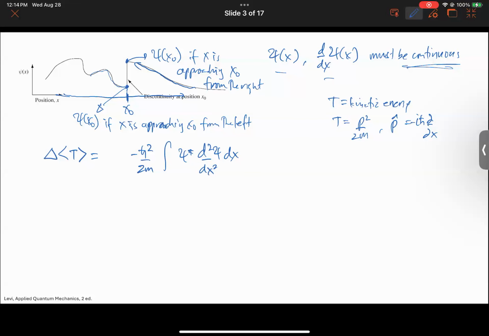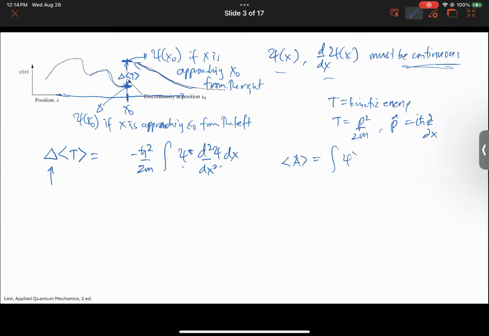Okay, so what this means is that we're looking at the difference ng expectation value dito and yung expectation value dito ng kinetic energy. So this represents delta of the expectation value of T. Okay? Yung difference na yan. Furthermore, kung nagtataka kayo kung saan galing itong mga to, remember that the expectation value of an operator is